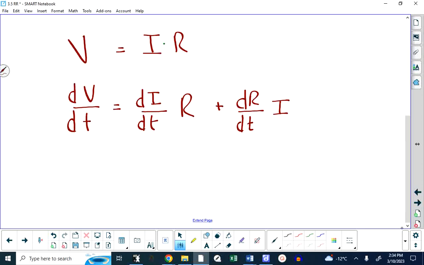So, for example, if I want to find dV/dt, not only does dV/dt depend on dI/dt, it depends on dR/dt, and it depends on R and I as well. And the nice thing about this is, this is true, right? This is a physical law. And the reason this is true is we didn't violate any mathematical laws by differentiating with respect to time. So we've come up with an equation that electrical engineers use to solve problems. The problem now is